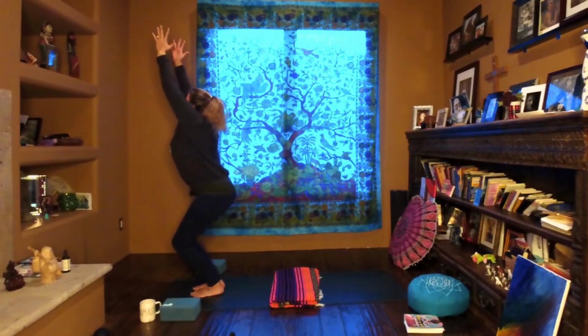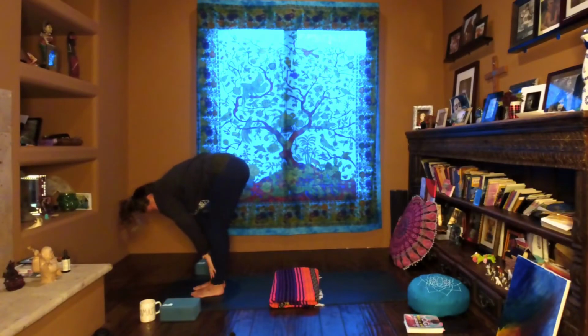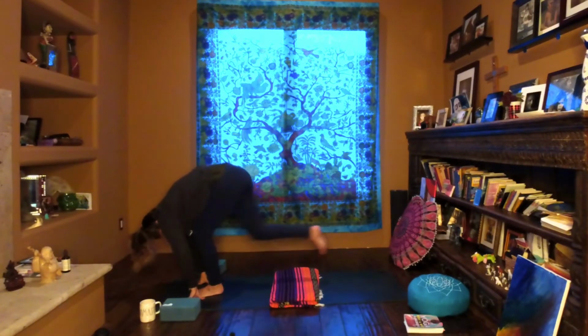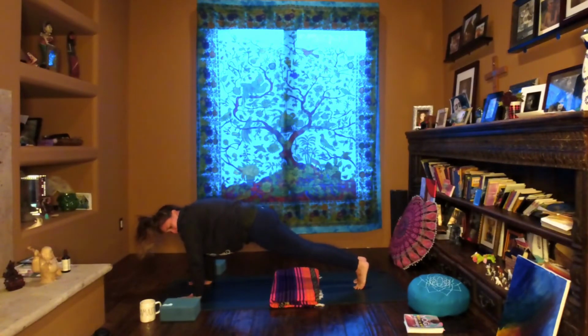Inhale, chair. Exhale, forward fold. Inhale, halfway back up. Exhale, plant your hands back down. Go ahead and step it back. Going through your chaturanga. I'm holding my plank for 5, 4,